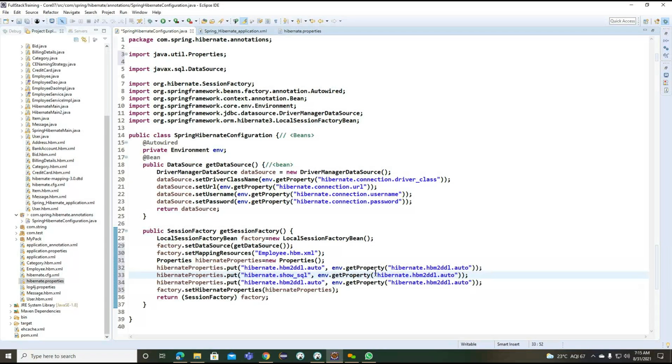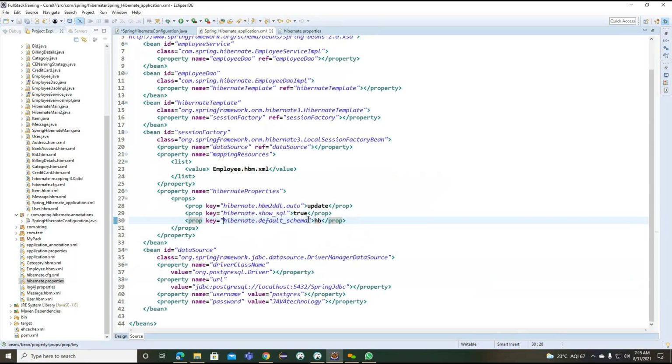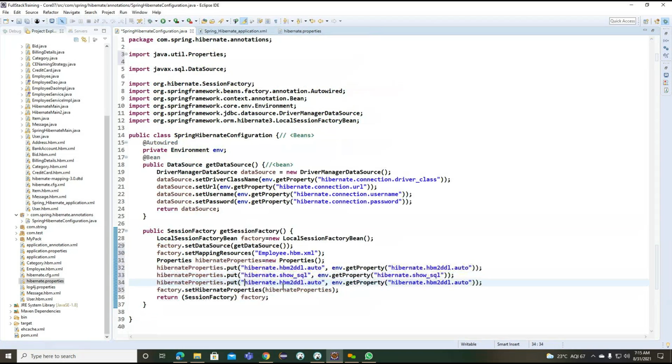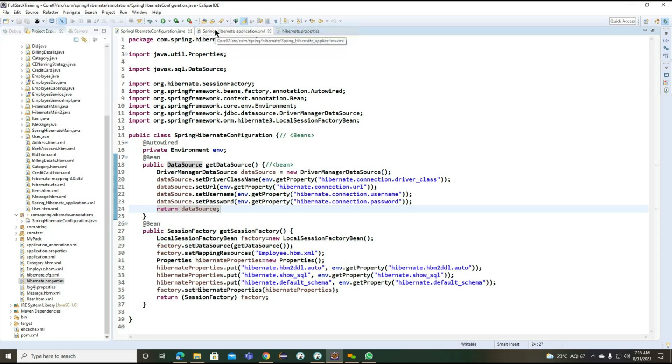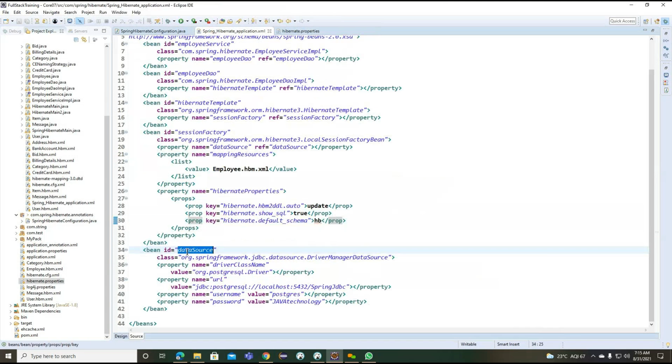SQL related information here. And here, this is indicating a key. The value we are going to load from which class here? The property file here, right? And let me add an annotation on top of this particular bean. Okay, so we created these two sections of code. Getting the point? Data source we created, session factory we created.